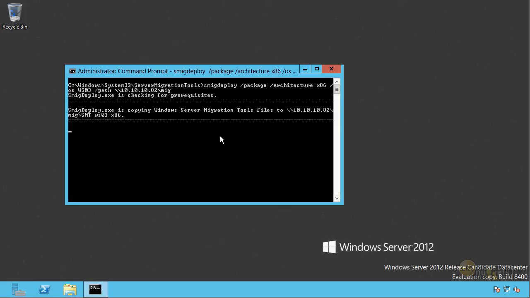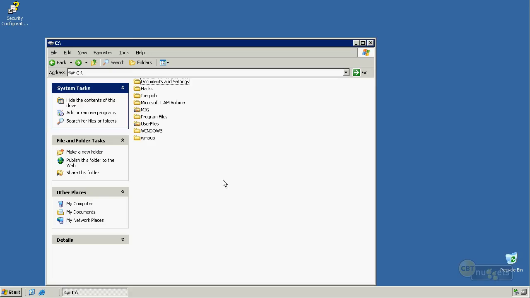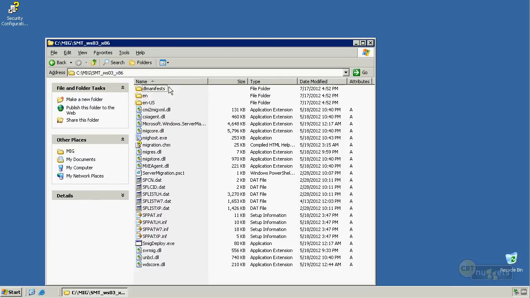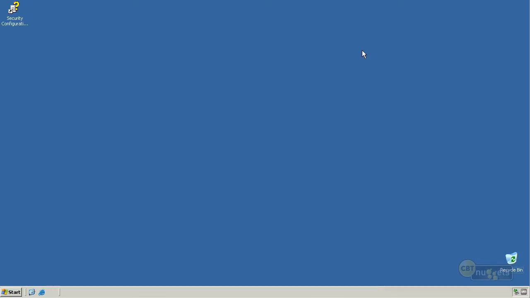It looks like it's doing just fine with that. So it's going to copy everything over to that Windows Server 2003 machine. Last time I did this, it took a little time. So I'm going to pause recording, and when this is done, we'll go over and take a look at it. Now over here on the Windows Server 2003 computer, you can see that I had a share that I copied all of that into using the command you saw me just execute, and there's all the goodies that are necessary to make all of that work. Now, you do have some prerequisites involved with this as well.